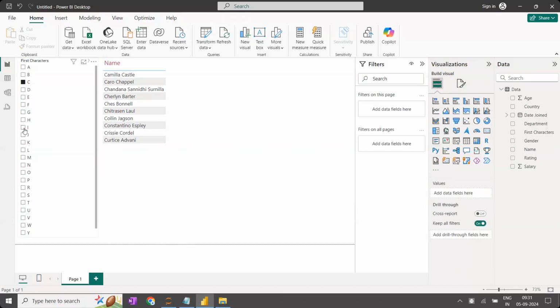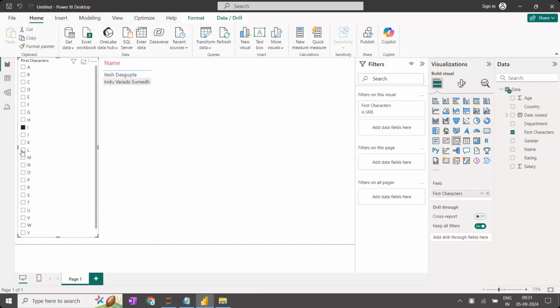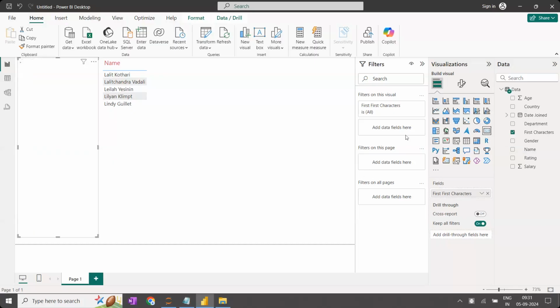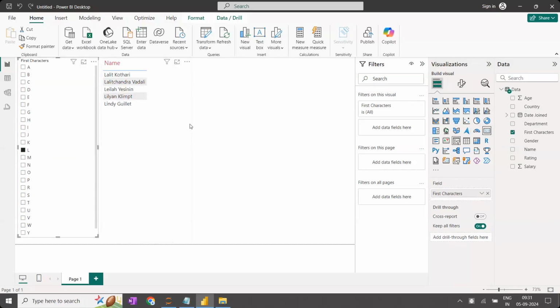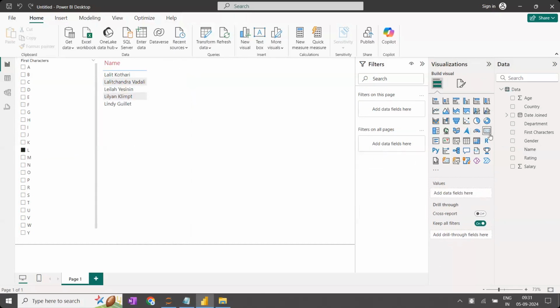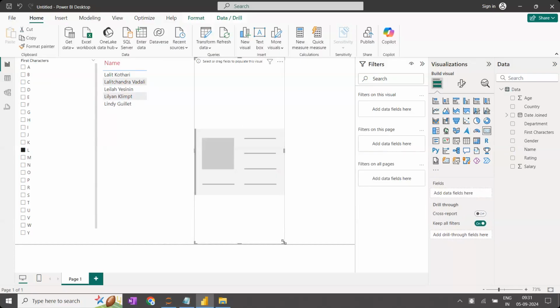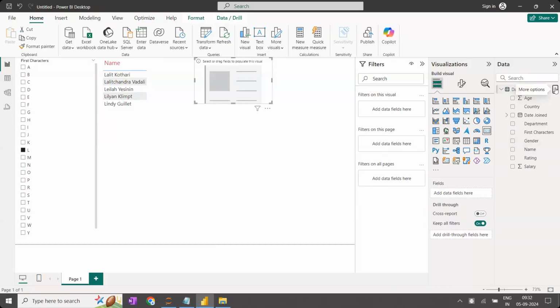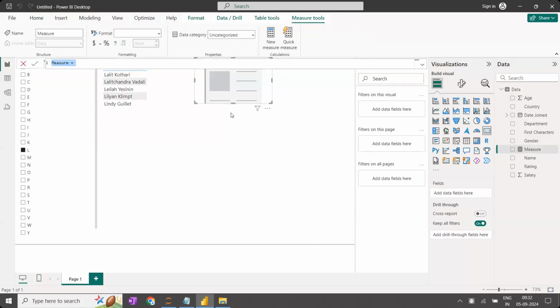So with the letter I, how many people are there? Sir, here the names of people are visible, but I want their count also. For that, what I'm going to do is add this one. Just a minute. There is an option called count, and I'm going to make it with respect to the count. For that, I'm going to create here a count measure. Count is equal to